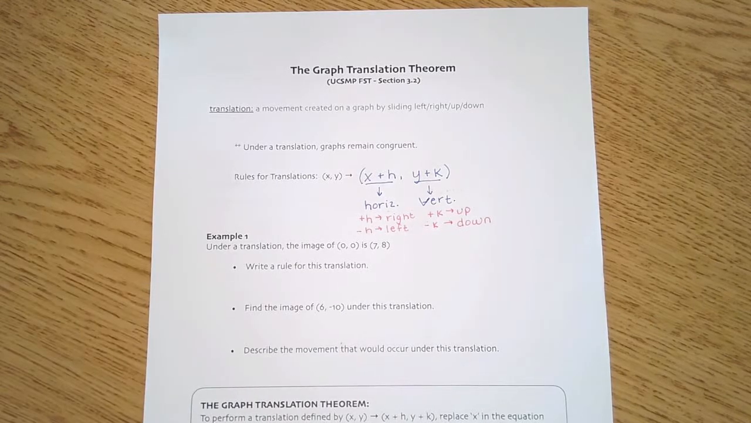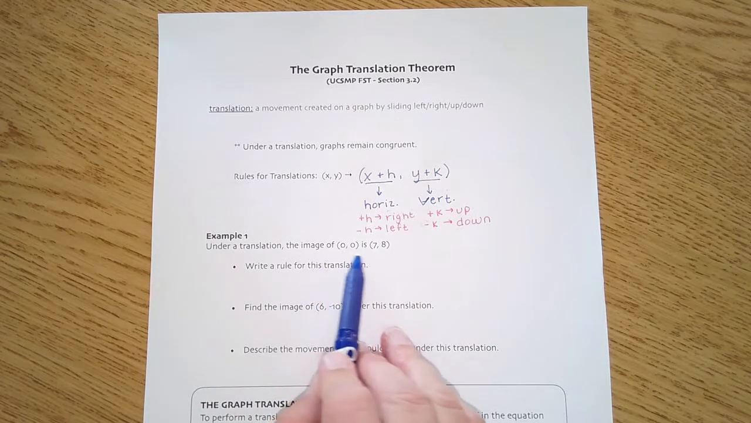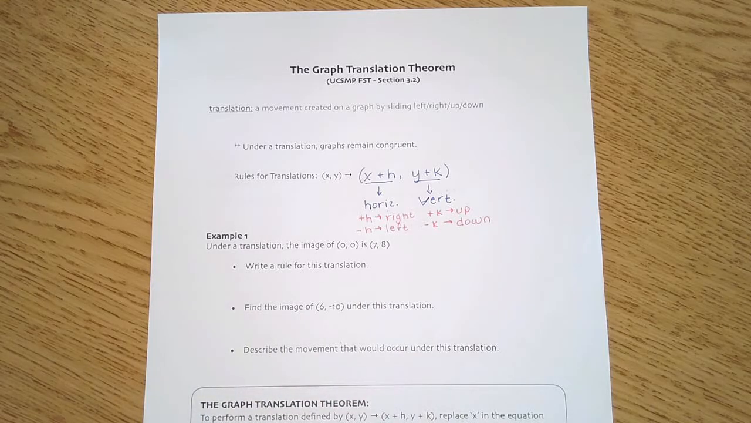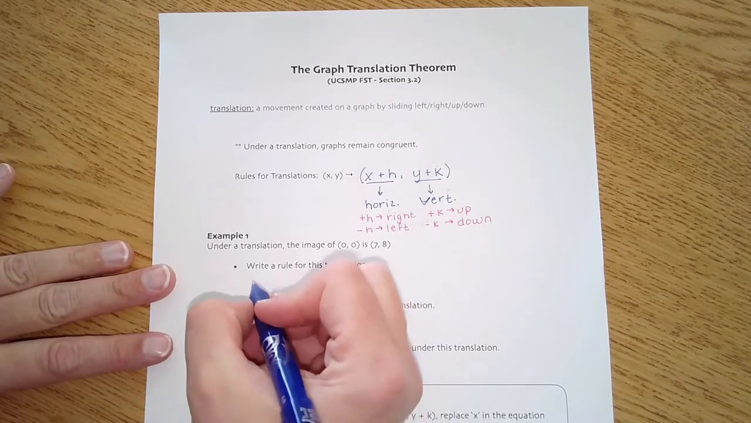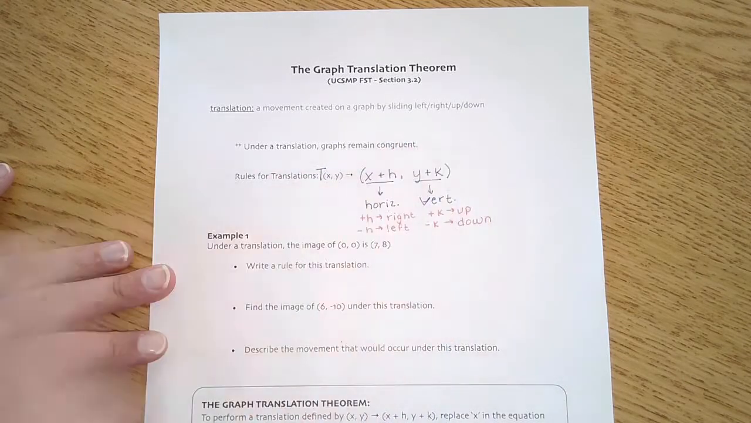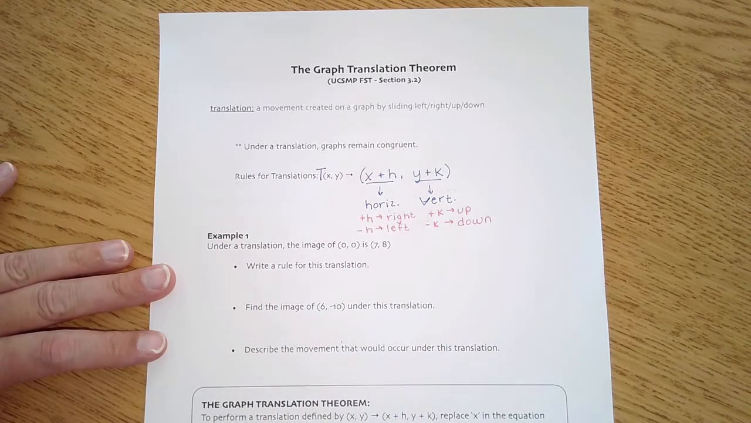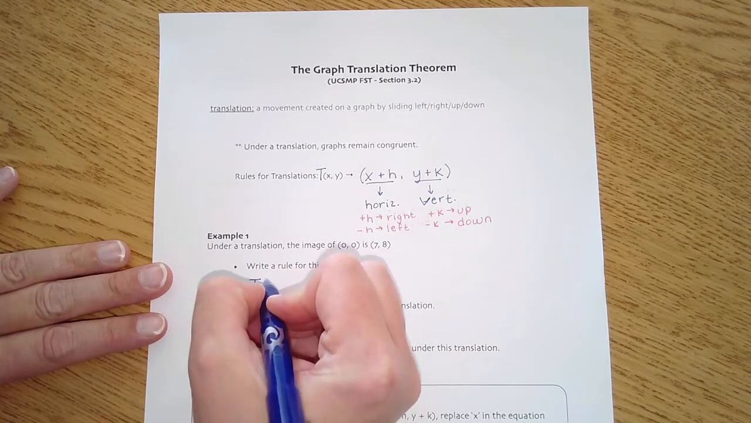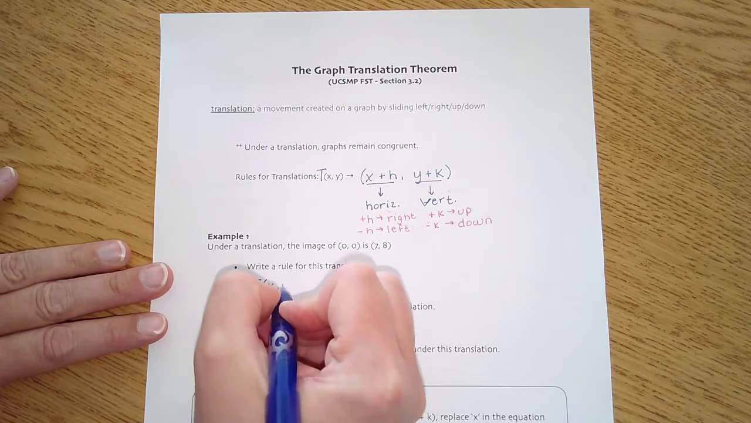Okay? So if I look at this first example, it says under the translation, the image of (0, 0) is (7, 8). So we have taken the 0 and turned it into a 7, and this other 0 has turned into an 8. So the rule for the translation is going to look something like this. Usually we put a T here to represent that this is a translation. Right now we're only talking about translations, but just so you know why I'm doing this. So I'm going to say T of (x, y)